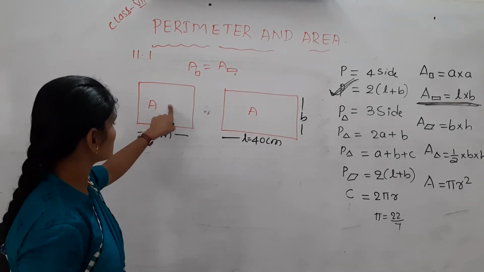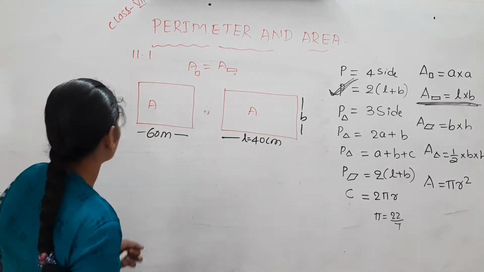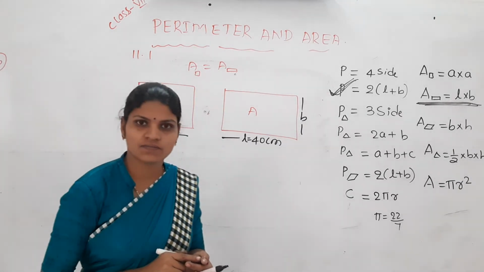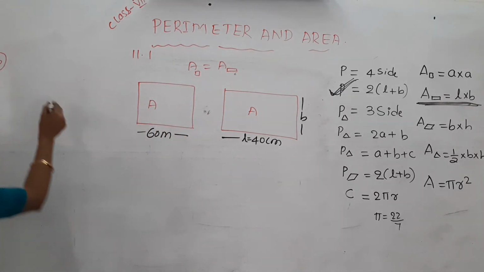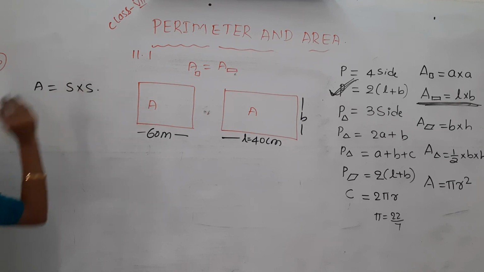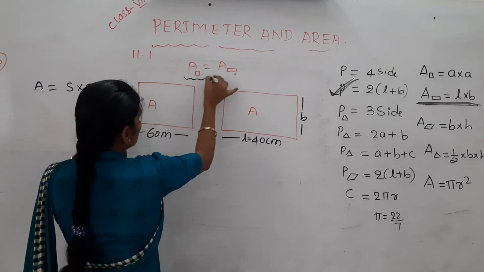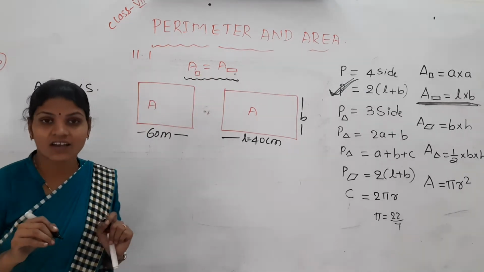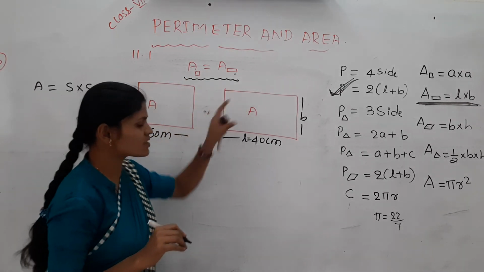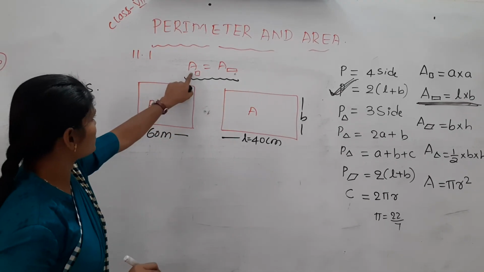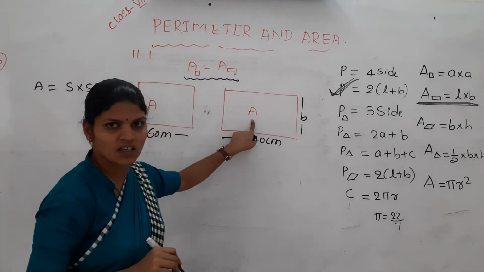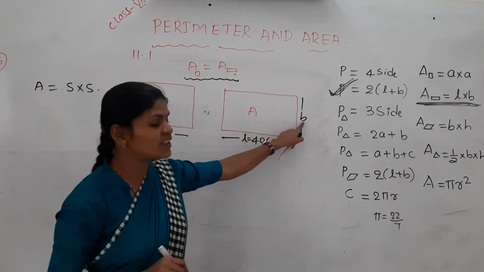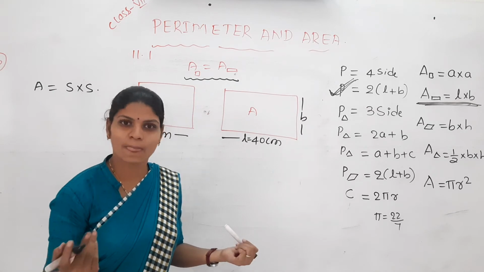Just come here. You know the side of the square. Then with this side you can find the area of the square. Area of the square is side into side. You also know one more thing he has given: area of the square is equal to area of the rectangle. So if you get the area of the square, which is equal to the area of the rectangle, and you know the length of the rectangle, then can you find the breadth? It's too easy.